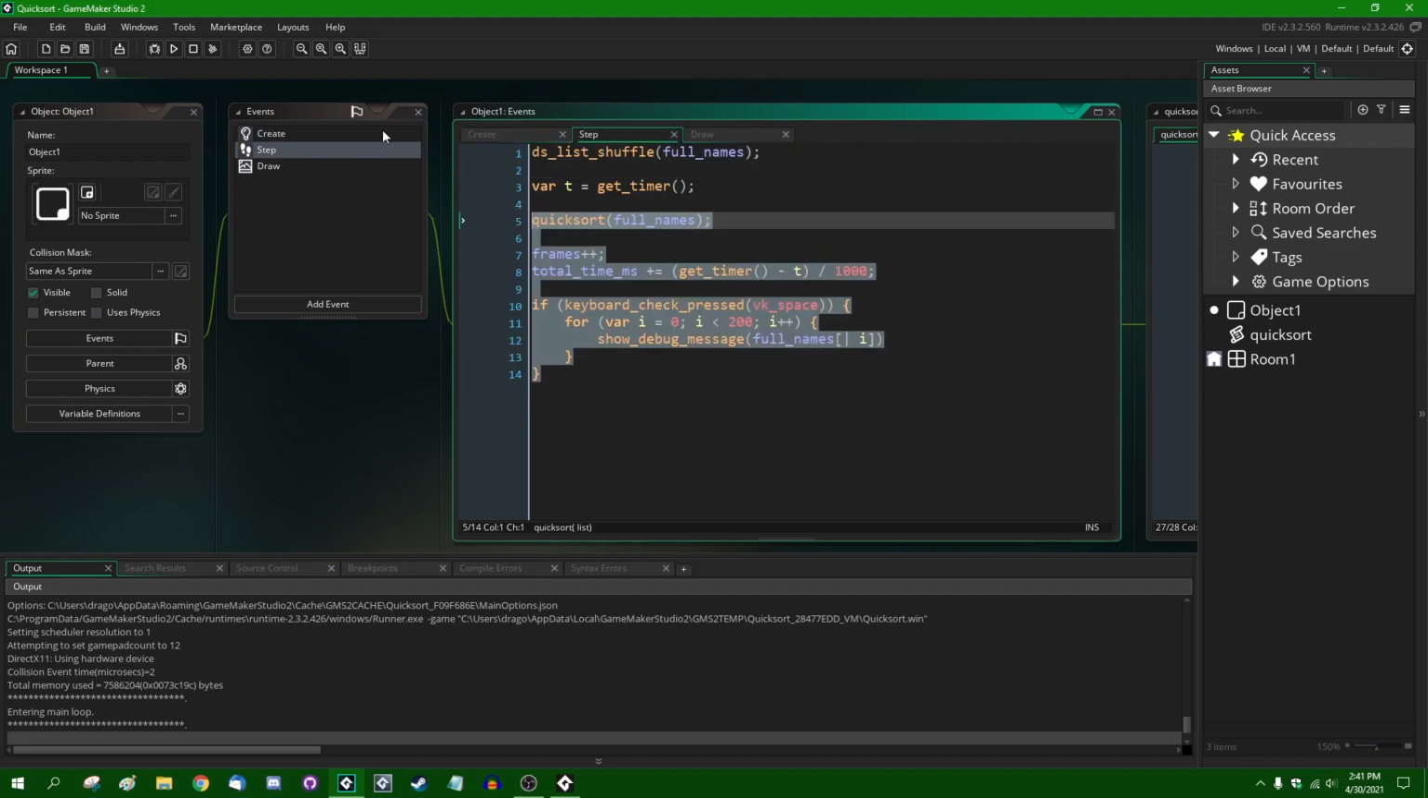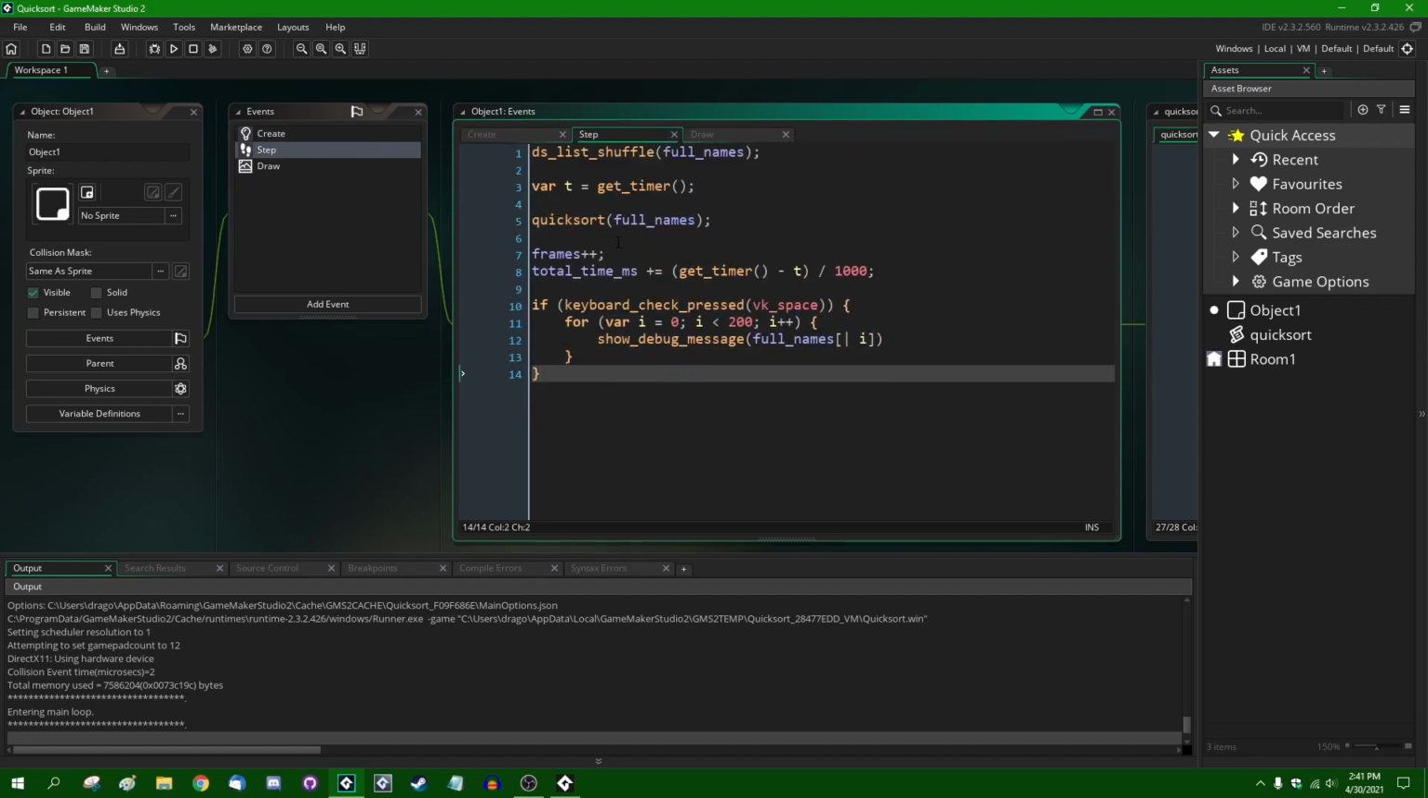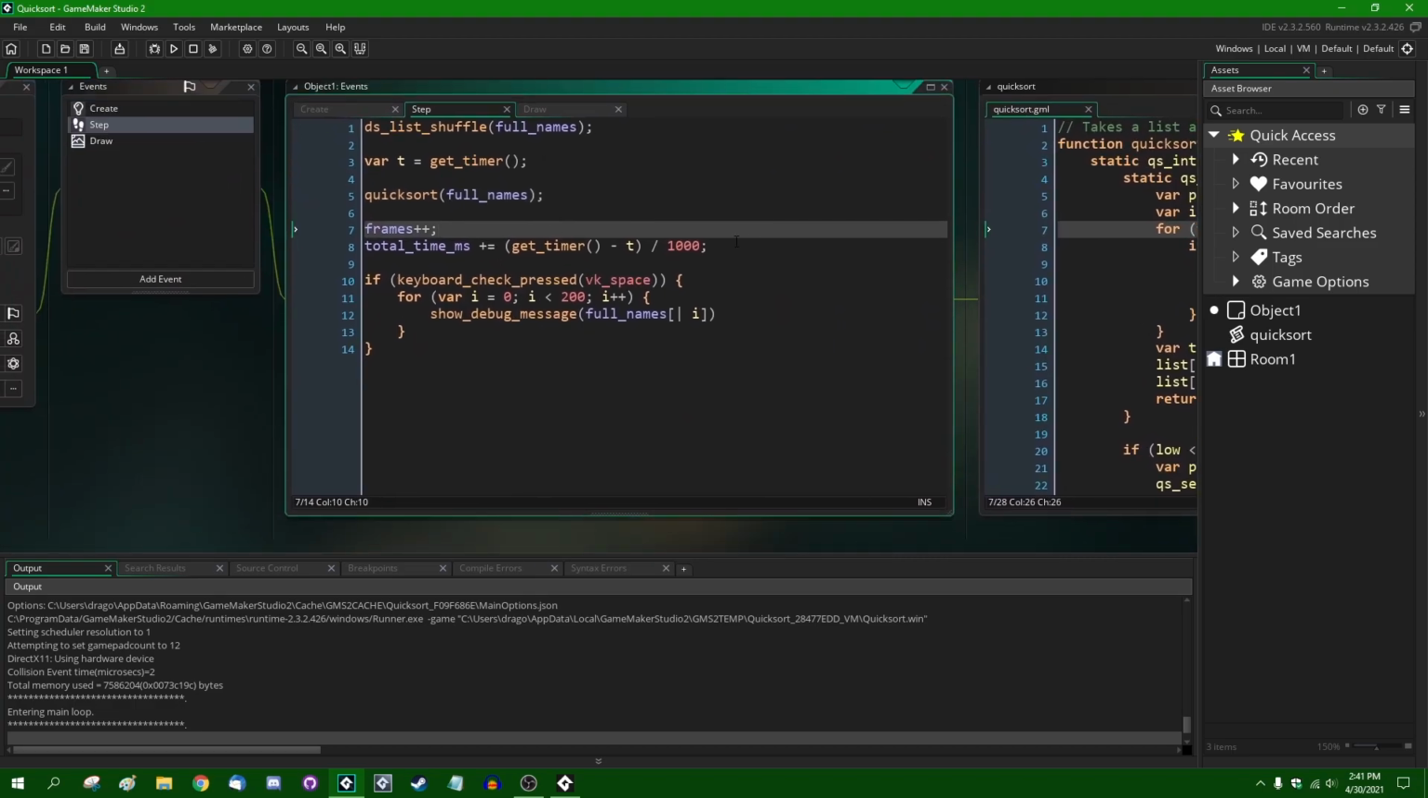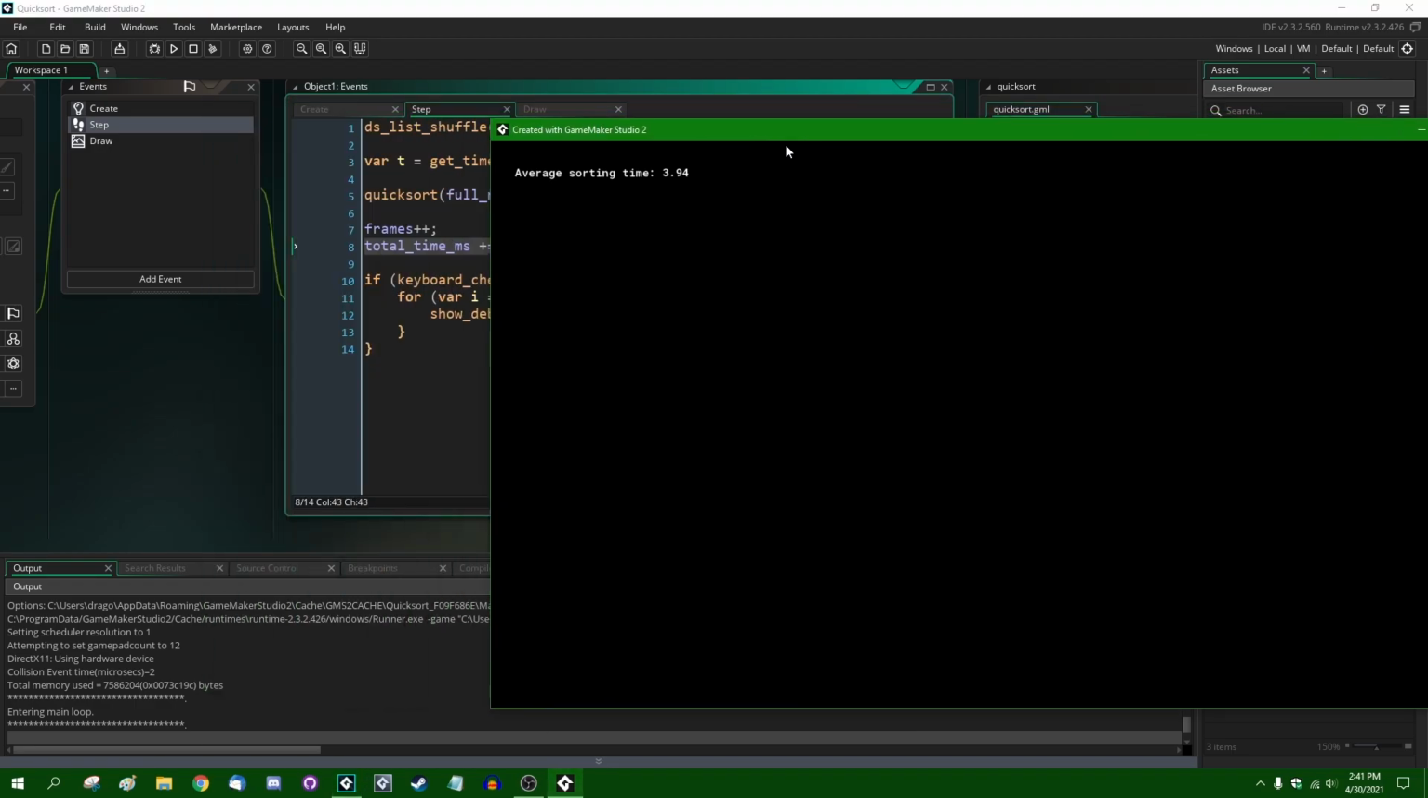And in the step event, it's going to randomize the list, and then it's going to sort them using that sorting algorithm, which I have written here. And then it's just going to time this code and see how long it takes to run. And we can see on the screen it is taking about more or less 4 milliseconds to run this entire